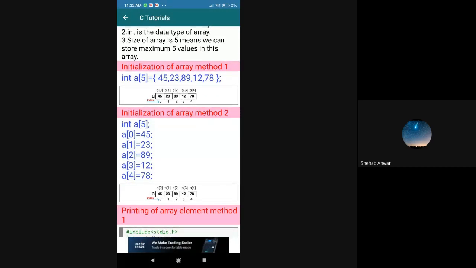Now we will write the program and see how to write it. I will go to our previous site. As I already suggested, if you want to execute on your mobile, you can do it with the help of a C compiler app. You can download it and execute it. Or if you have a desktop, you have to install Dev C software.